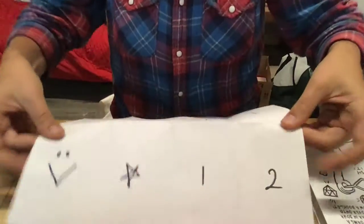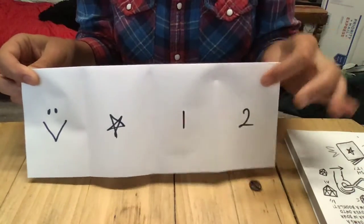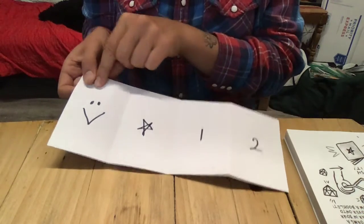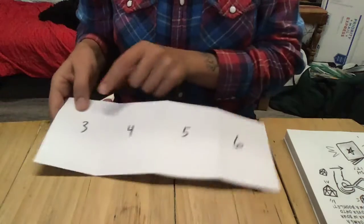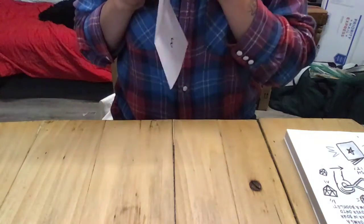And this is not going to be a very pretty zine today because I'm just labeling with symbols. So if it's folded out like this, and then you fold it lengthwise, this would be the front cover. Sorry, this would be the back cover, front cover, first, second, third, fourth, fifth, sixth. Okay, so then